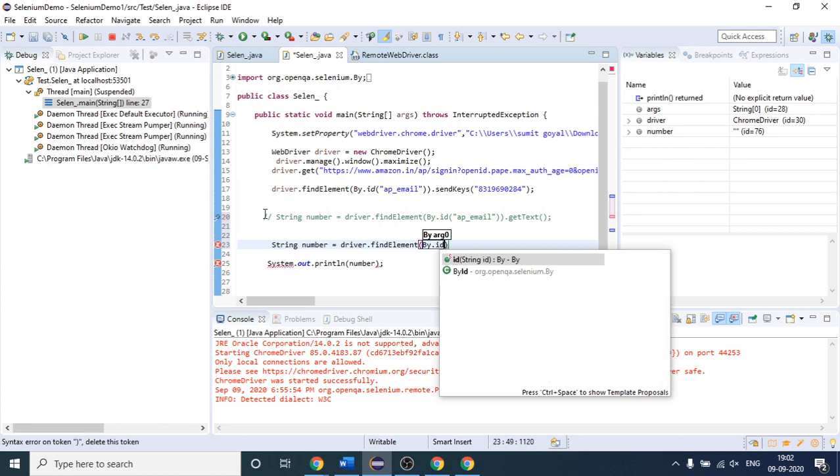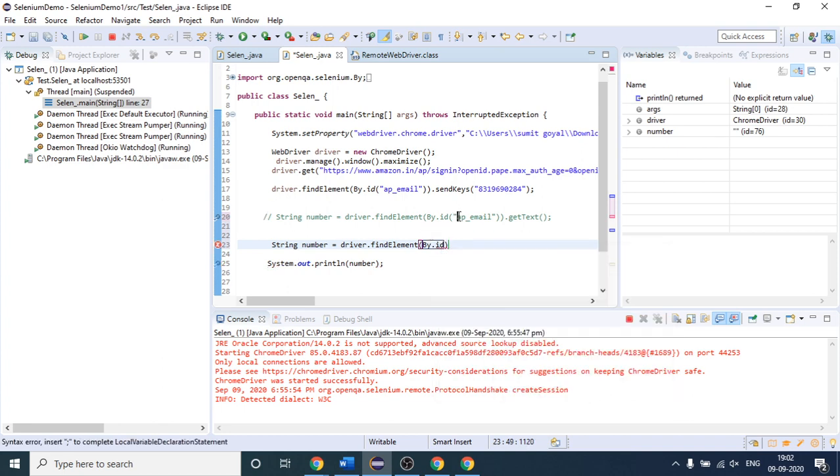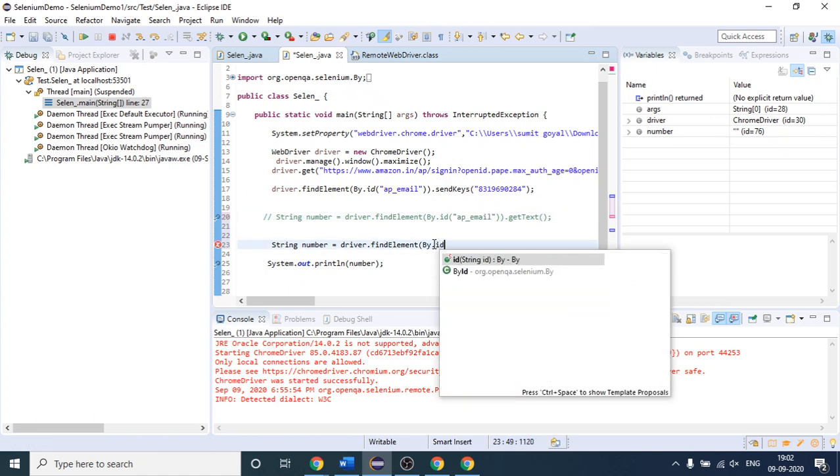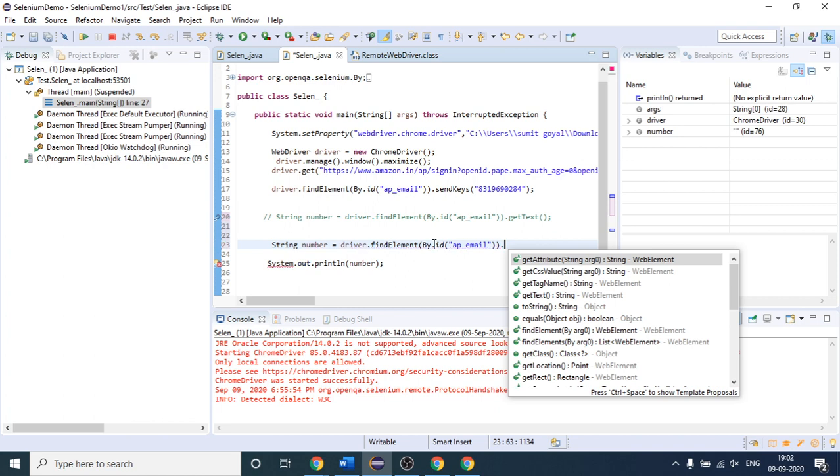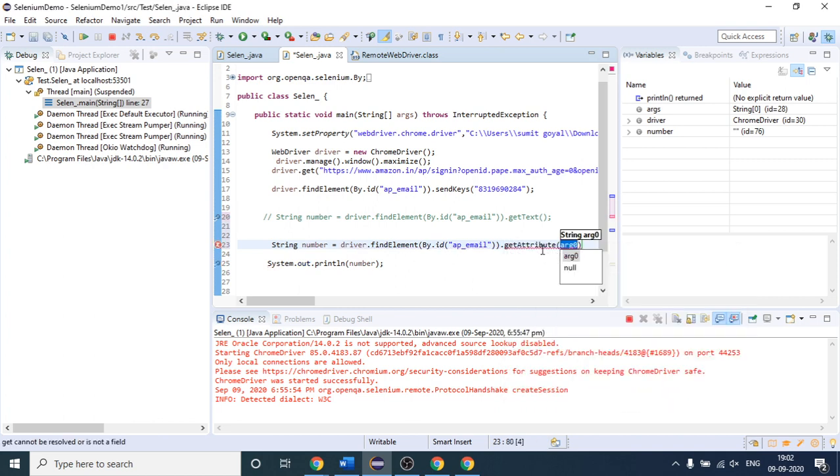Here again I am using id. I think many of the people are comfortable with id, so let us go with id only. Simply paste the id value, and then call getAttribute of value. This is the method I was talking about.